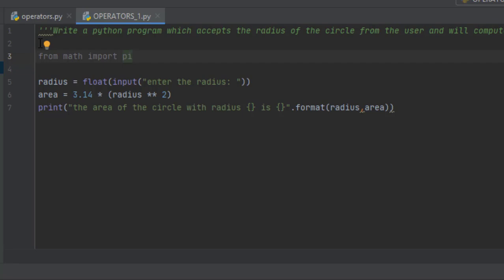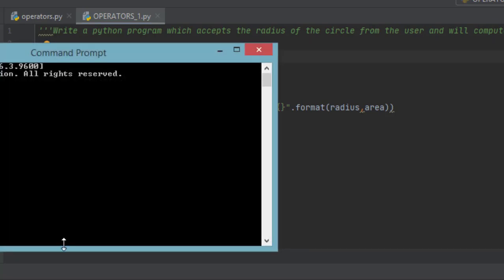So there is a way to install a mathematical or any kind of module. The way to install it is: open your command prompt, type in pip. Pip is a pip installer or a Python package installer. And install math.